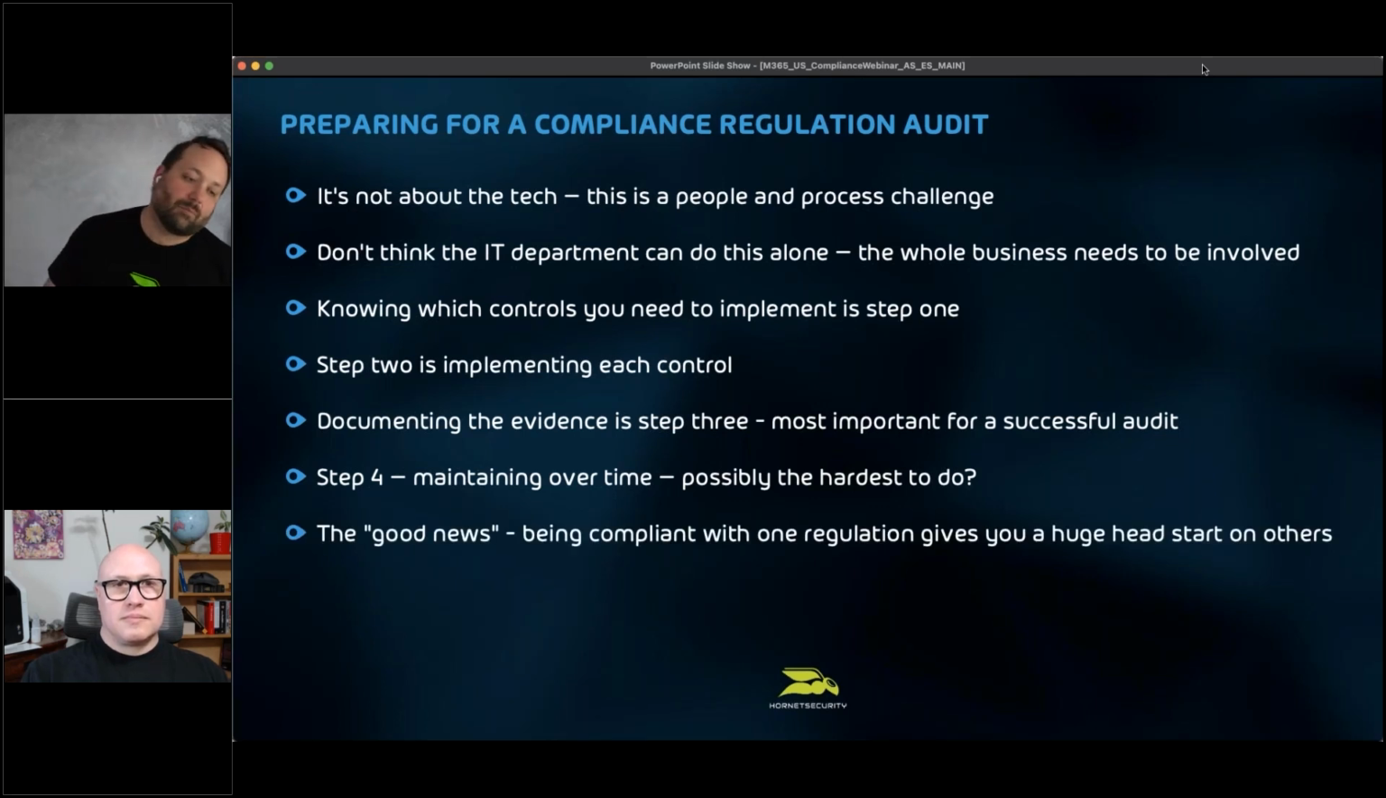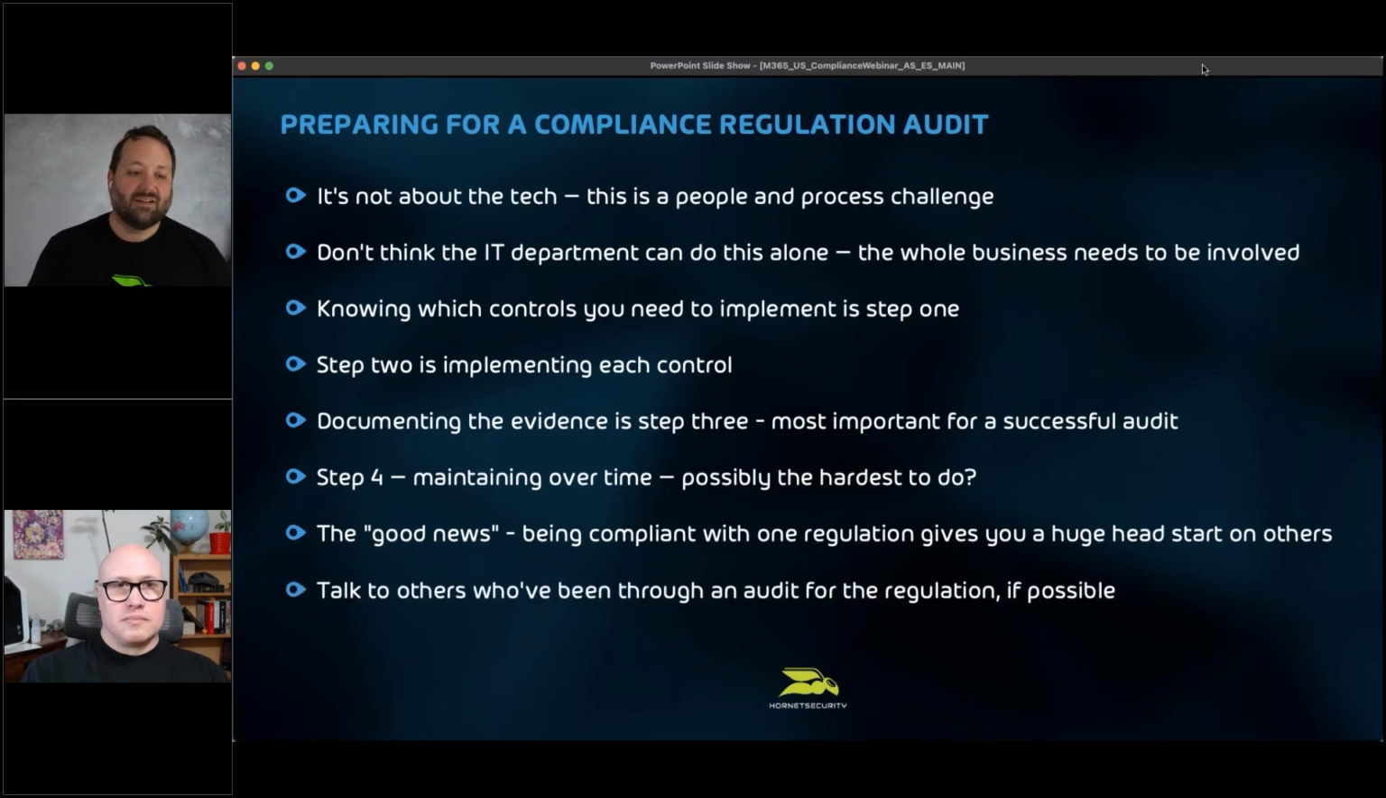The good news is if you have other regulatory bodies you have to answer to, like PCI, the other example we gave earlier, being compliant with one regulation really gives you a nice head start on others. So that's a piece of good news. Another helpful component here is if you're starting to go through a compliance audit for the first time,